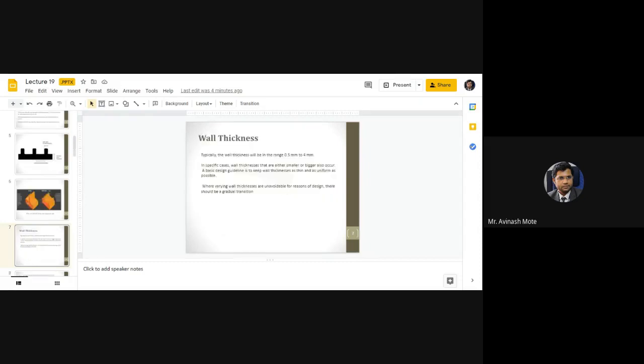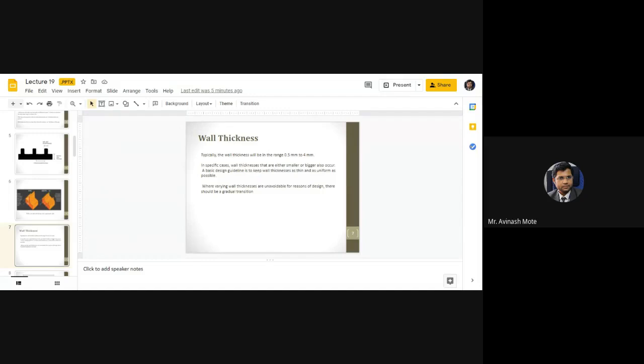Then we have gone for the wall thickness, which I told you applies for each and every component. More wall thickness means there are many issues. First, obviously it gives strength to the component, but it adds material and cost, and it creates a problem while cooling, because more wall thickness means more resistance to heat transfer. Because of that, the structure at the wall and the structure at the internal areas of the component will be different, so distortion may be possible.